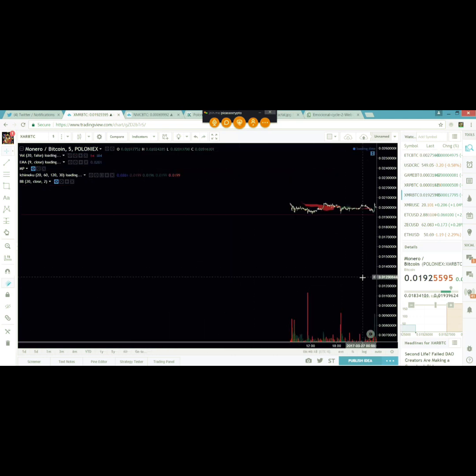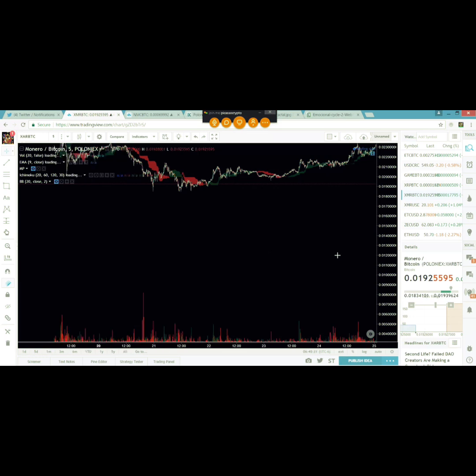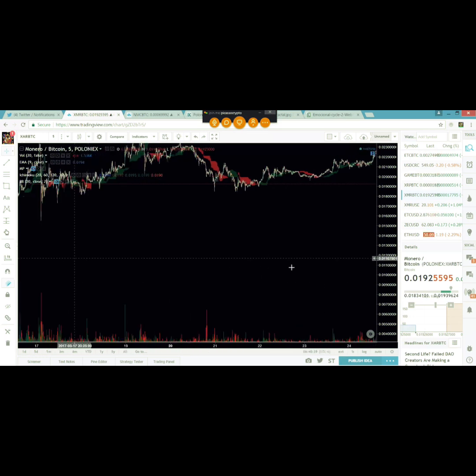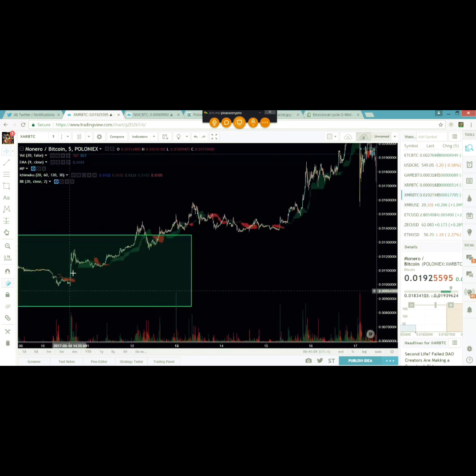Here, real quick, guys, back to our green box. I want to analyze this small little 5 minute wave. That's the trouble when you try to pull these charts back in lower time frames. There's just so much data. Okay. So when you see the market impulse and break out, you're going to get little waves.